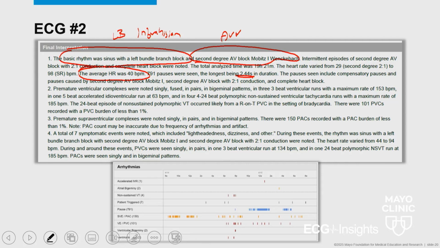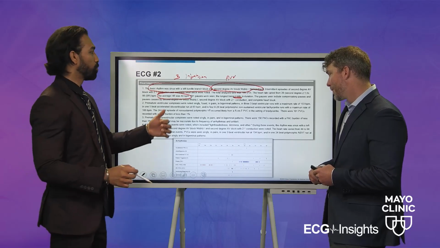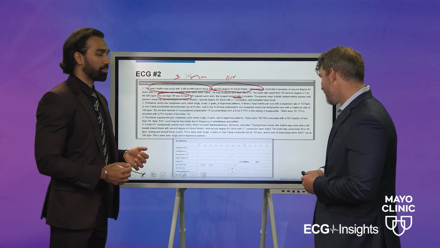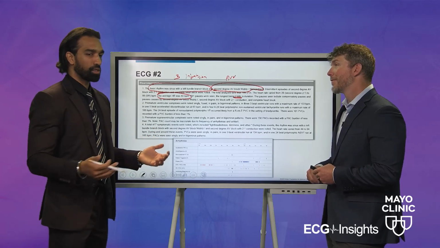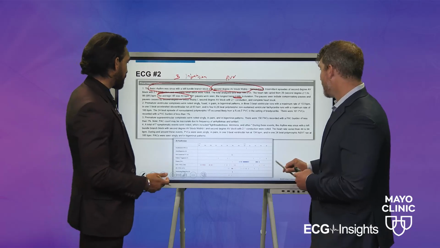Right. The other question is, when did that pause happen? When patients get that in the middle of the day when they're up and about and active, 2.4 seconds can be super long. If you're on a bike and you have a 2.5 second pause, that's enough to cause you to pass out because your body needs high blood pressure at the time. If you're sleeping, you can have a 10-second pause and that's not as important. So the timing of that pause is important.